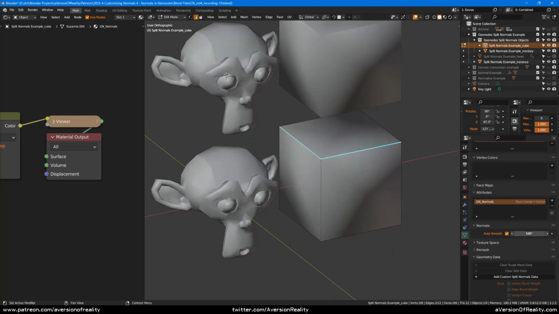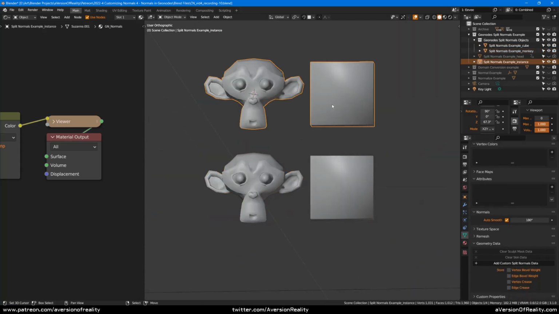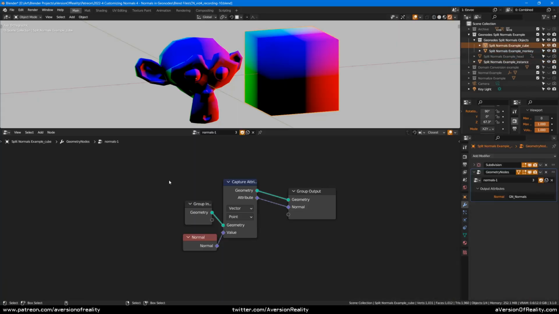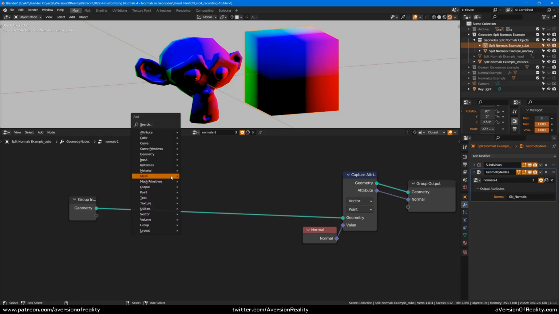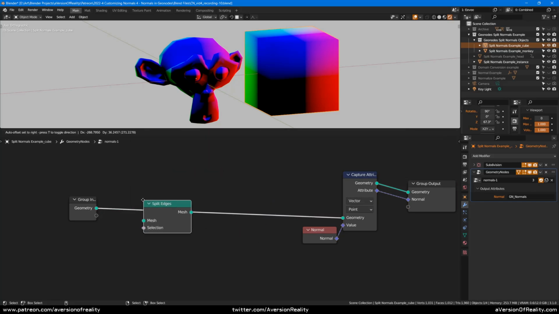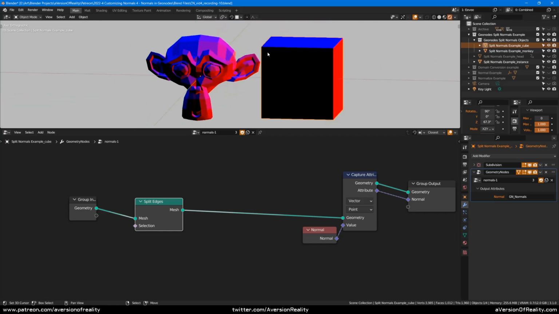So I've set the Autosmooth angle to 180, and I've marked a bunch of edges on both models, and then we've got this one here for reference. We've got our nodes. We're going to want to do the split before we capture the normal. So we will get a mesh split edges node, and that splits all the edges, so that's returned us to